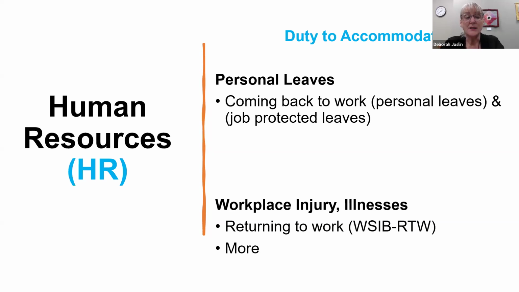So it is different. This would be times when someone would be off on a personal leave, such as they've had a surgery for their shoulder, they've had a personal injury at home, and they have a note to be off work. This means that they would typically be on a leave, going on EI. That's the difference. The other one would be they're in a WSIB claim for workplace injury. So for personal leaves, there are areas as well that are protected.